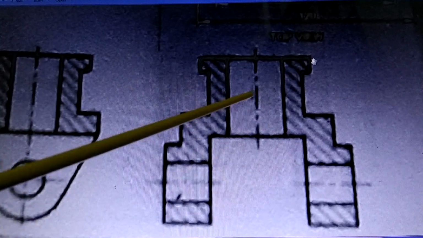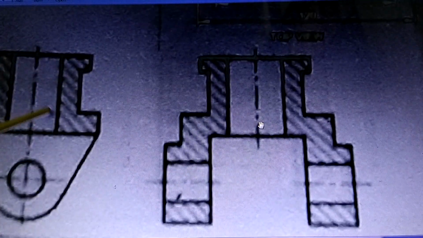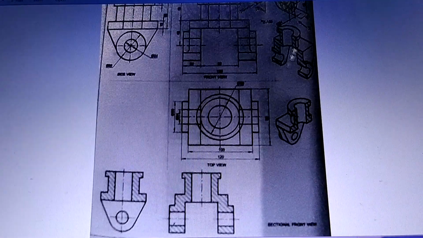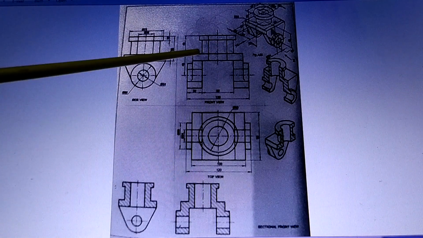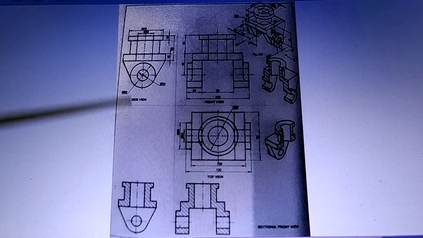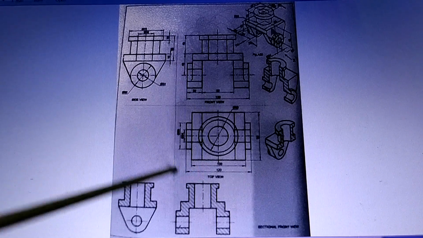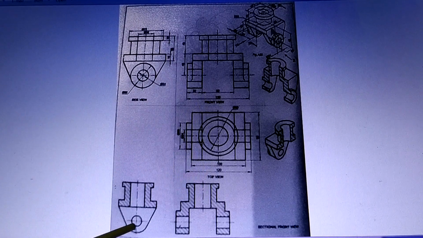Sectional front view like this, and then the sectional side view like this after it is cut. So you can see the object, the normal orthographic views, and then the sectional side view, and then the sectional front views here. Normal front view, sectional front view, normal side view, sectional side view.